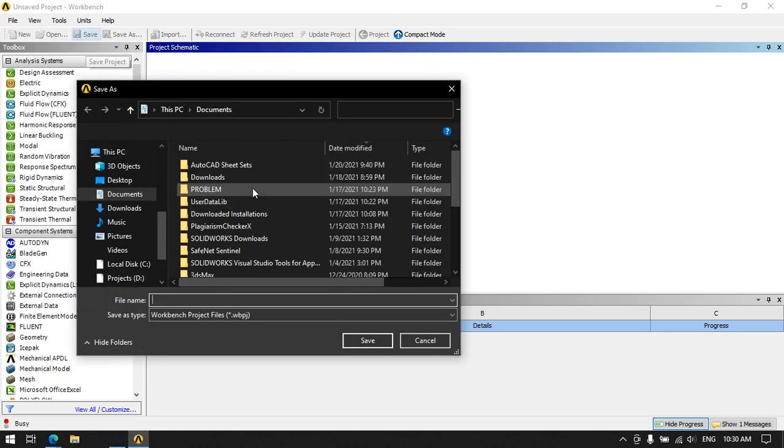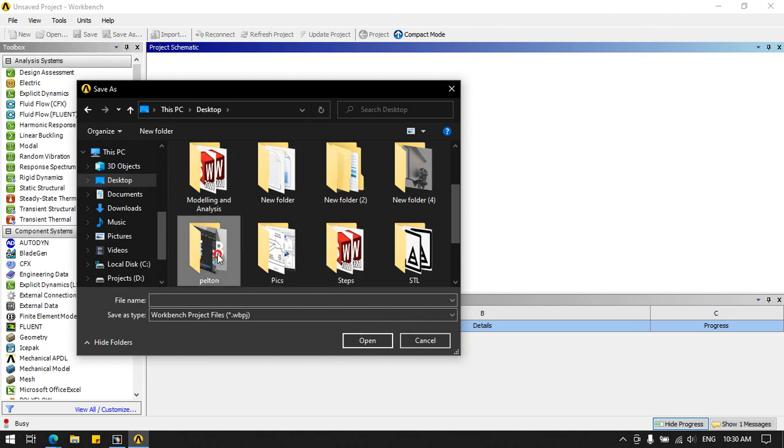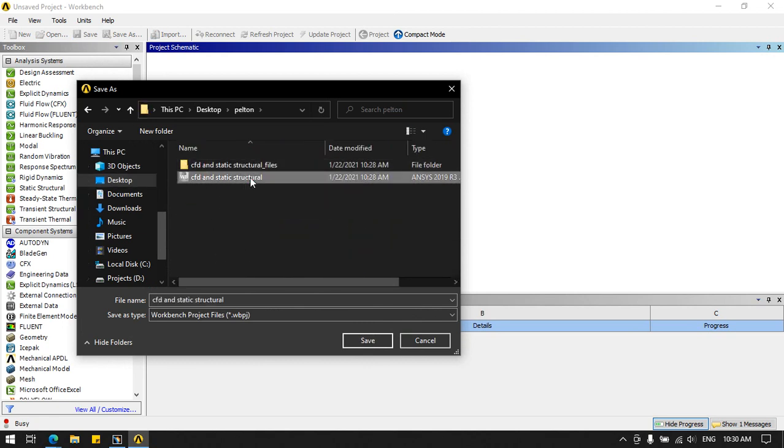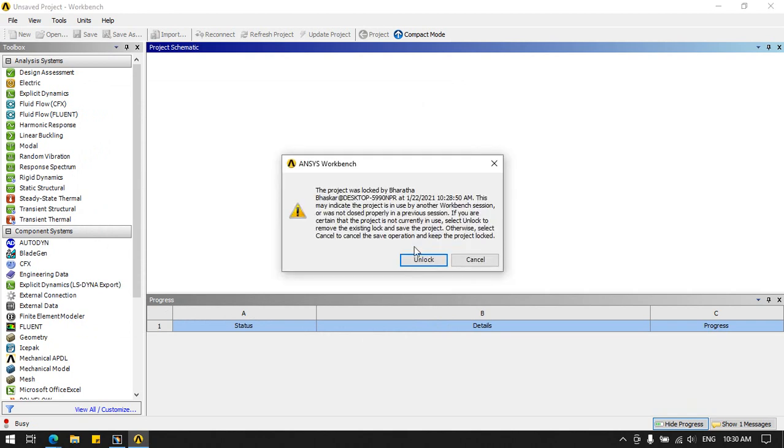save. Already a previous file is there, so overwrite it. Yes, I want to replace it.